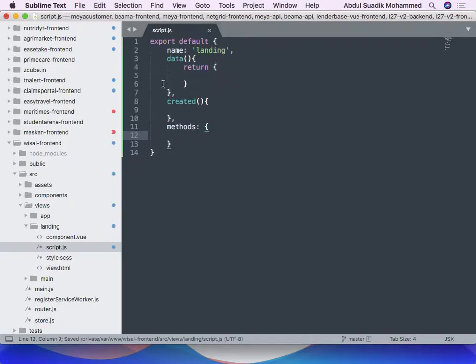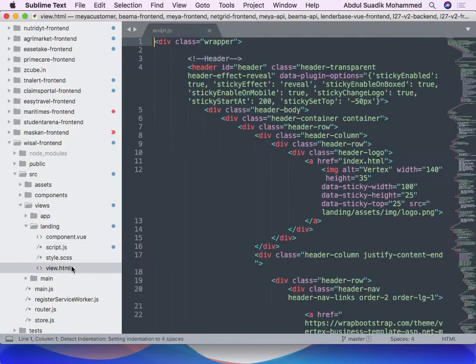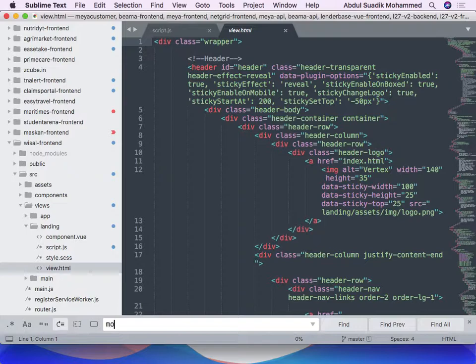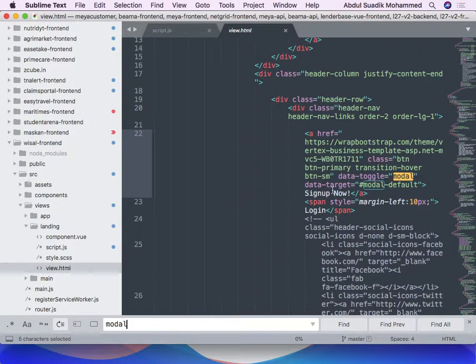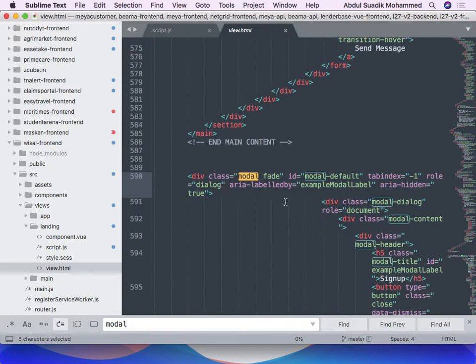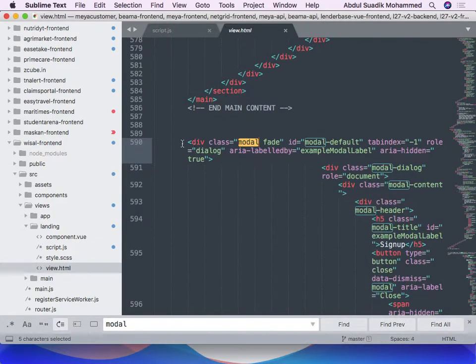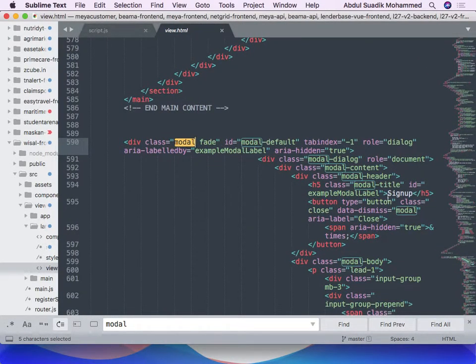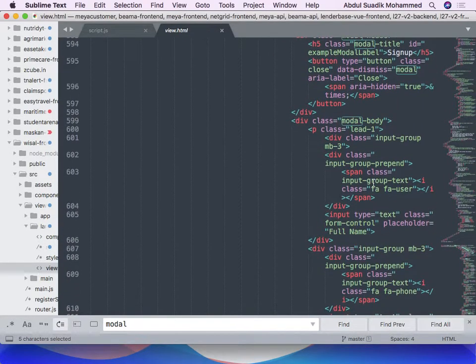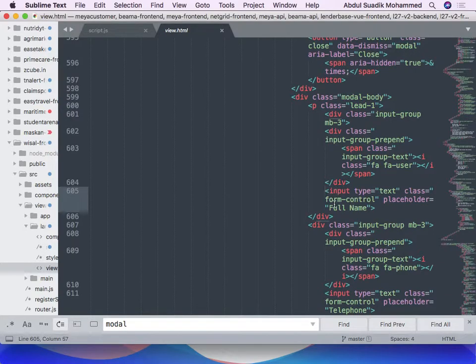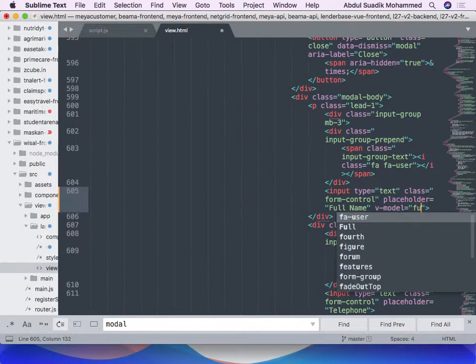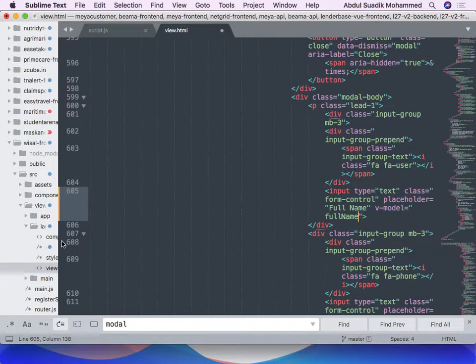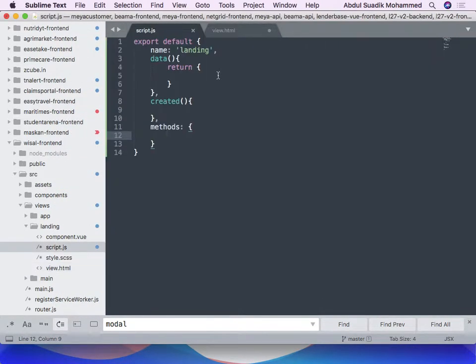So over here, you come to his landing page, search for his modal. That is where we have the name. So you see, it's found here. I need to reduce the size so that I'll get it clearly. This input takes off his full name. So I'm going to give it a V model and I assign full name to it. But before I do that, I can come here and give